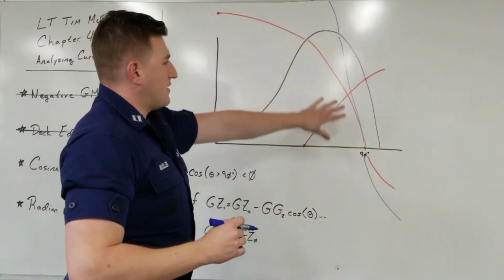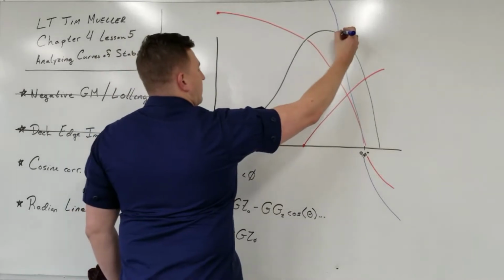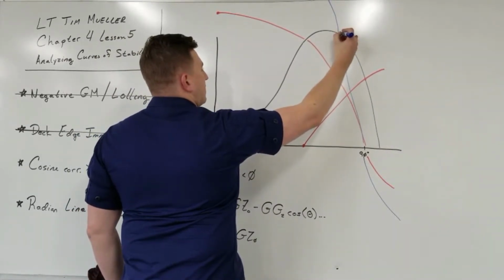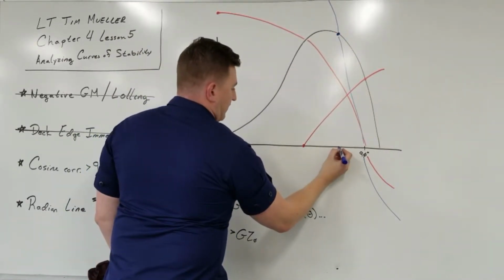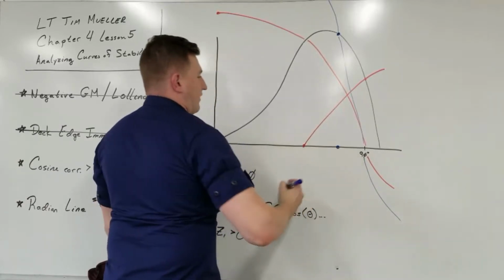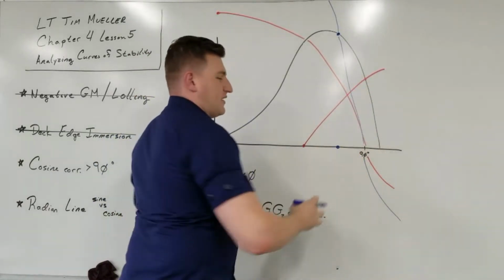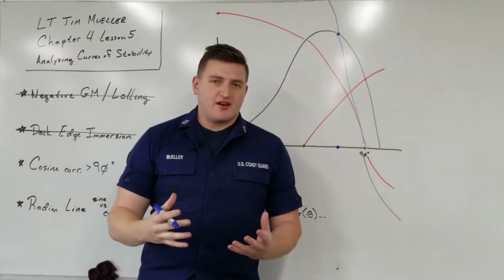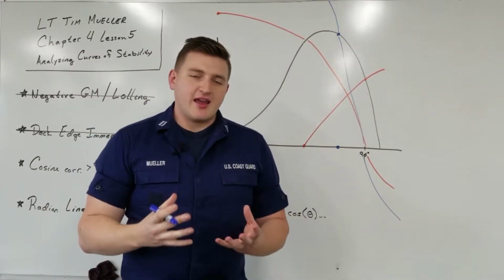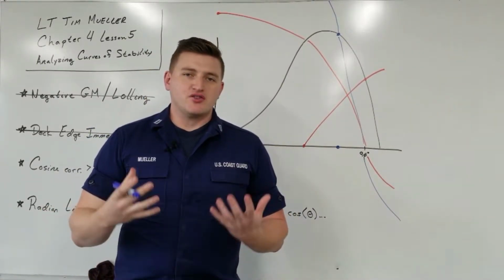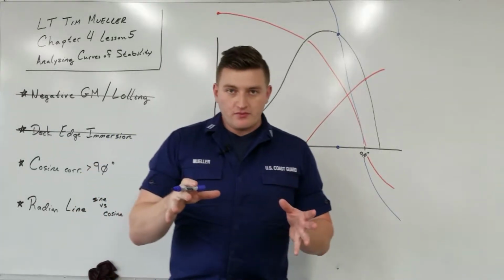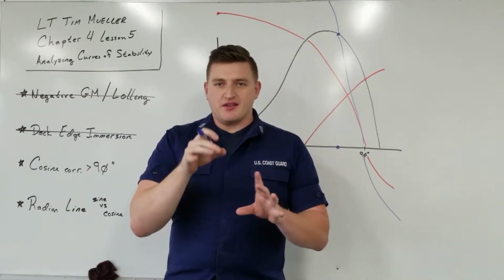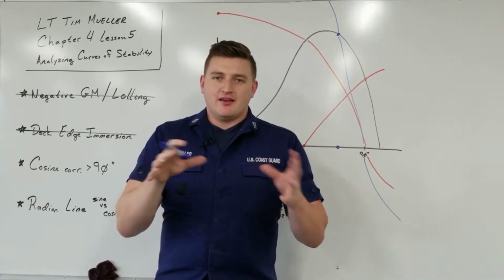Now we do the exact same thing. We know that they cross right at this point. So our angle of list would be right around there. At 90, there's no difference. Now, it seems like there is just some kind of playing on the behavior of cosine, but you can draw a diagram for yourself. Draw a ship that has a center of gravity right along the center line, inclined over